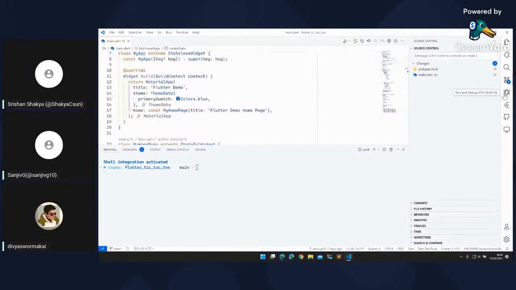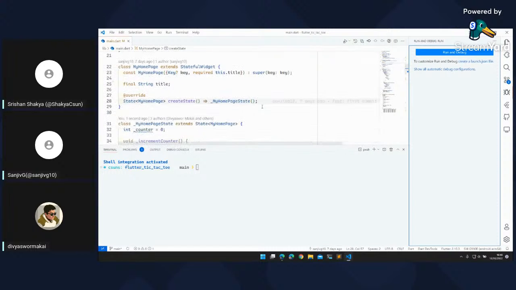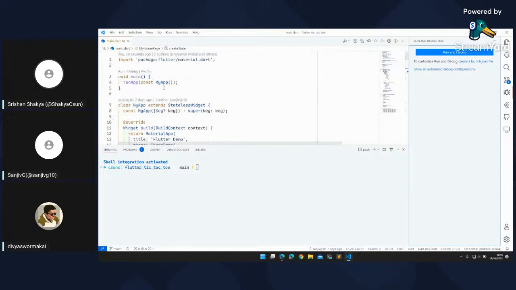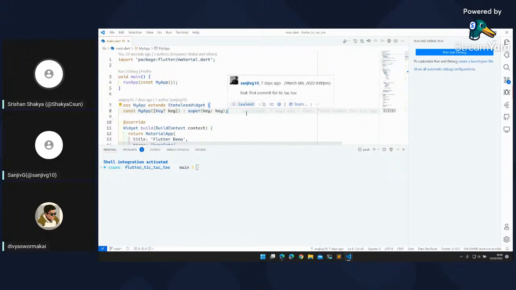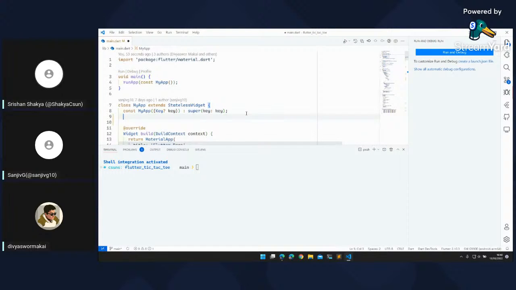So state variables are like variables that persist between renders, right? Yes, that persist between renders and that can change over time during the life cycle of the widget. A stateless widget cannot have any data that will change over its lifetime.